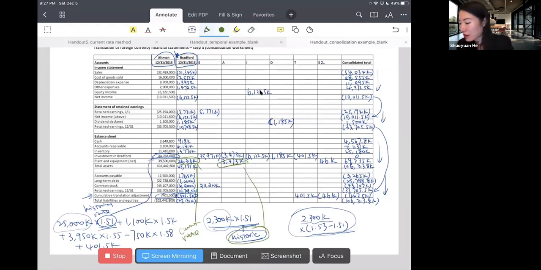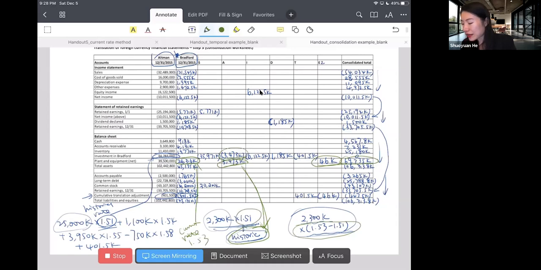As we just mentioned, if we don't use the historic rate here, your investment account won't go to 0. So there's a difference in rate. We are using the current rate method, so we should have been using the current rate for the consolidated total number. In order to make up for the entry A, we need to make an additional journal entry, which is the entry E2, to make up for the difference between the current rate and the historic rate. On the parent book, all of the PP&E is translated using